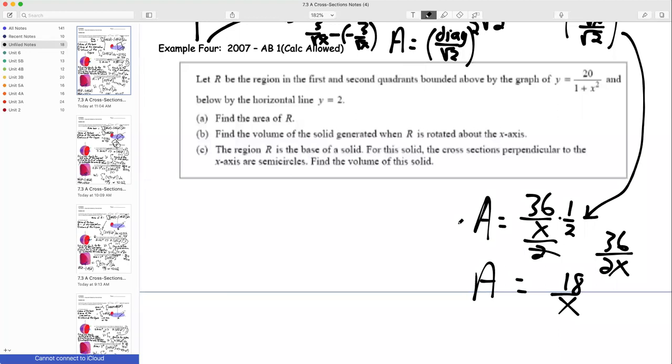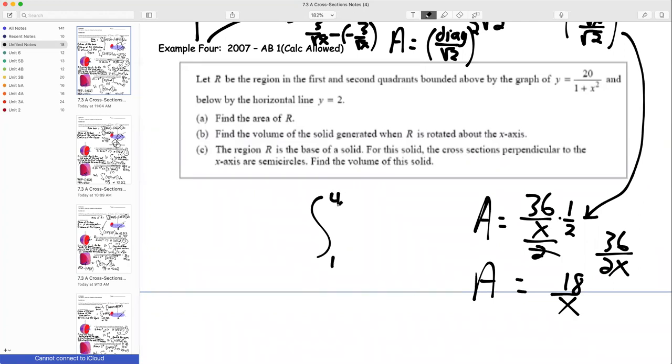Yes. So how come that turns into 36 over 2x? If you're just multiplying the fraction, multiply straight across. You have to multiply the top as well as the bottom. What's 1/2 times 1/2? 1/4. Got it. So I'm going to integrate